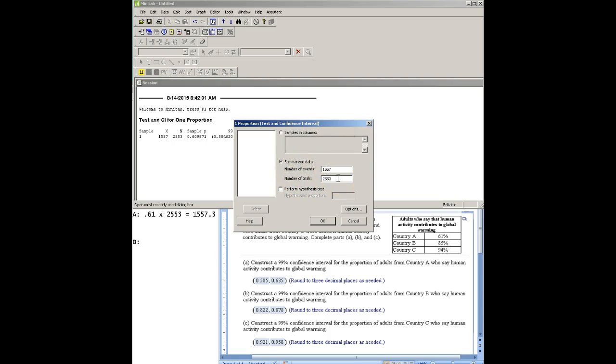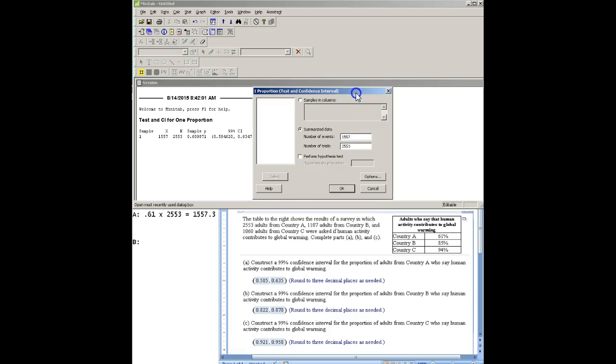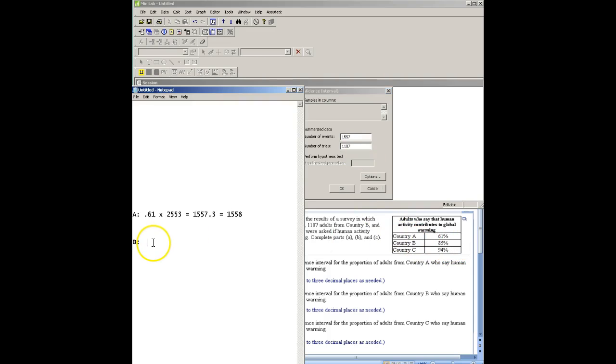In this case, our number of trials for country B was 1,107. Out of that, we had 85%, but we need to calculate what that value is. So let's figure out what 85% of 1,107 is. We're going to take 0.85 and multiply it times 1,107. And that equals